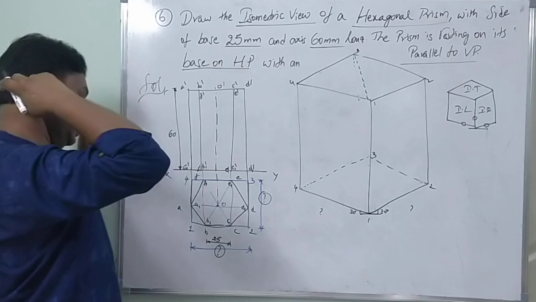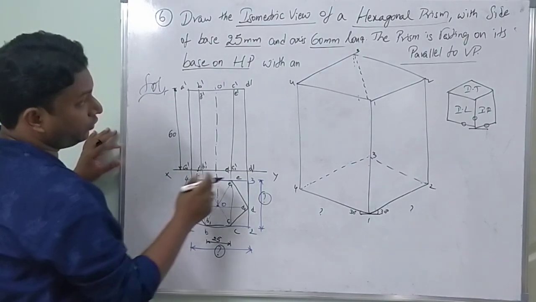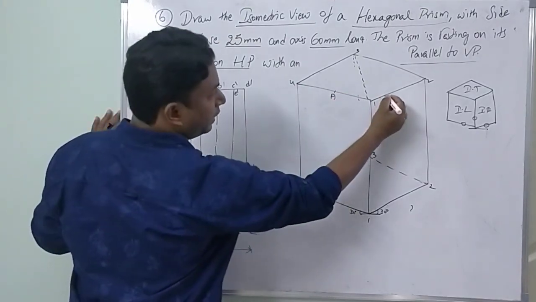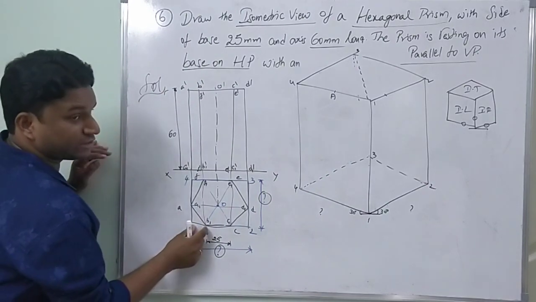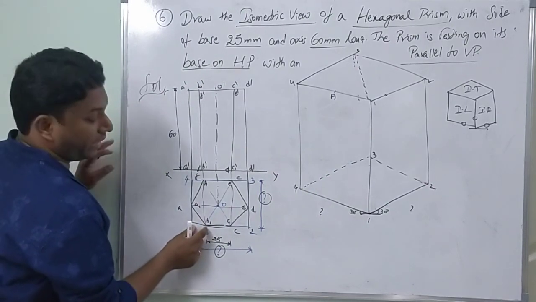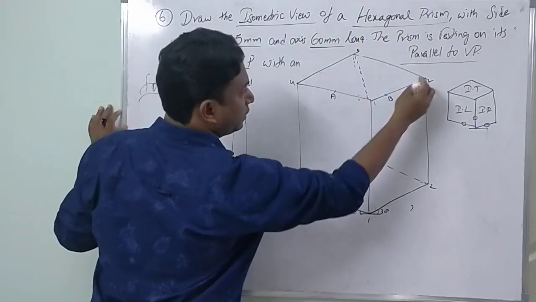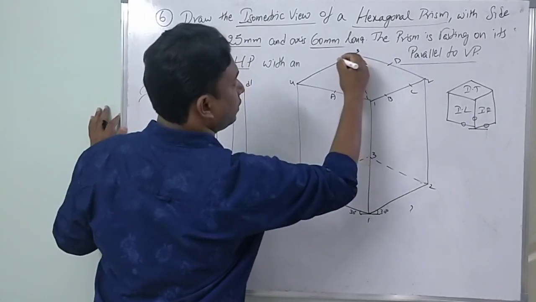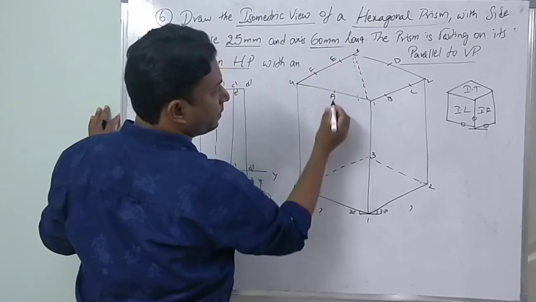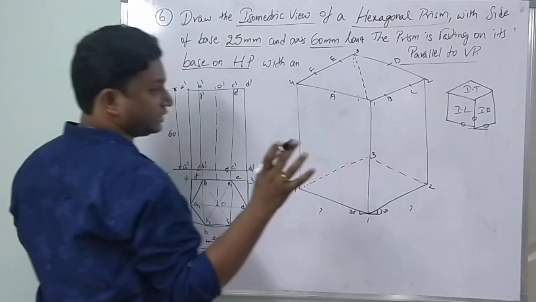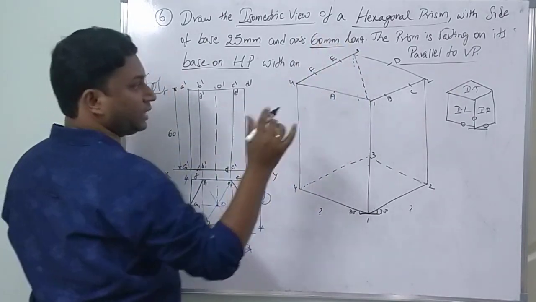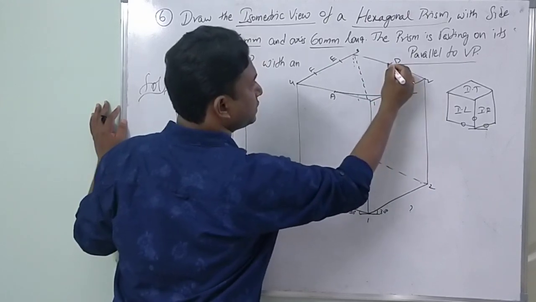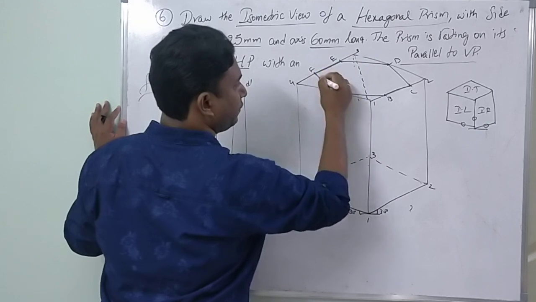How to draw that? See, at the top, from 1 to 4 we have corner here, capital A, cut with the help of compass from 1 to B. I explained the same thing in isometric view of planes. 1B compass, cut it. 2C compass, cut it. 2D, E, F. See, when you are looking at this, the top hexagon will be clearly visible. So A, B, BC, CD, DE, EF.